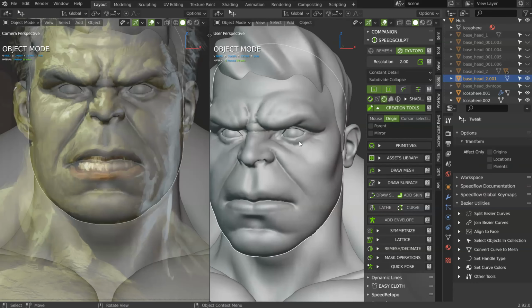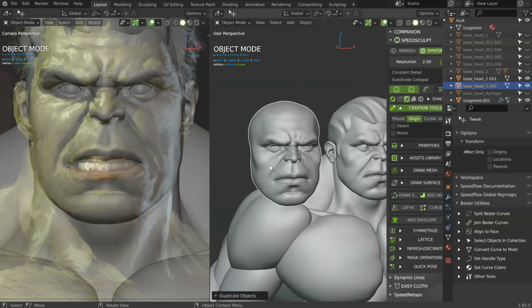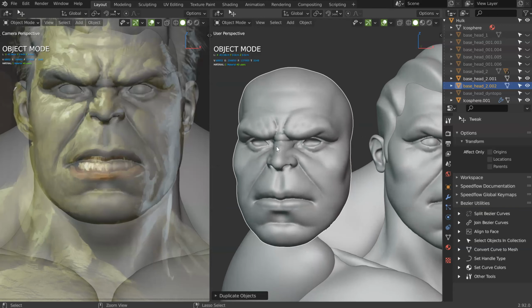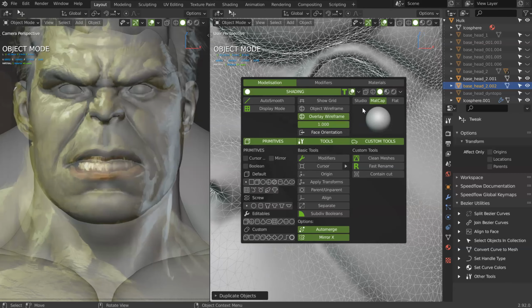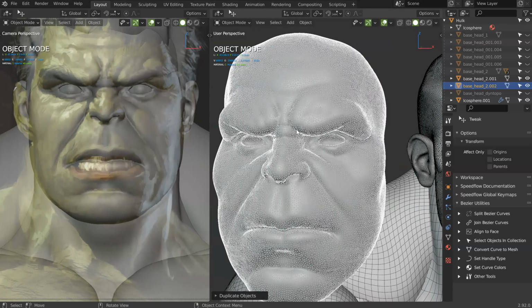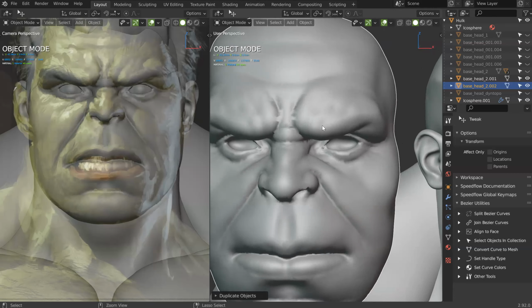So the thing was that I will duplicate this one just to show you. At one point, you will want to add more details on some parts because this level of detail is not perfect. This is nice to make the base mesh.